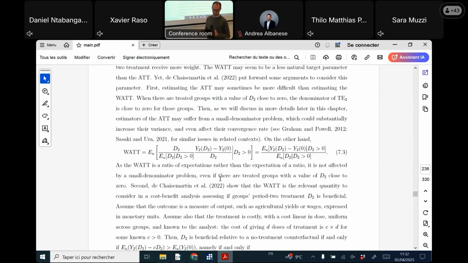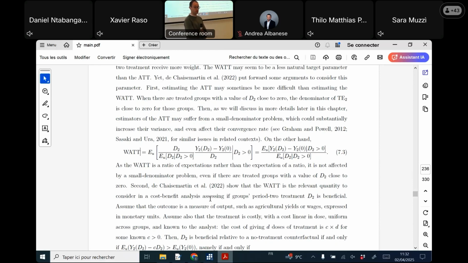Now, perhaps it's a bit of an ex post rationalization. Maybe initially we were more interested in the practical than in the economic rationalization for the what, but it turns out that you can actually give, I don't know if it's fully satisfactory, one economic rationalization for the what. I don't know if very decision-theoretic minded people would completely buy our rationalization, but it's as follows. So let's assume that you want to do a cost benefit analysis to assess if